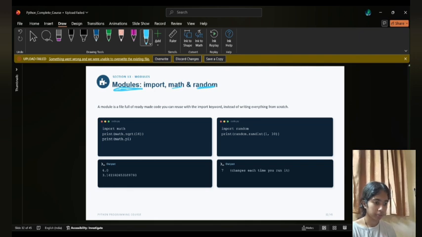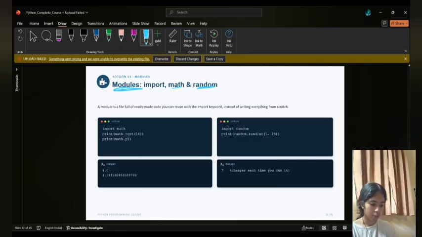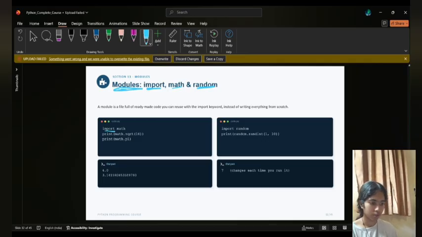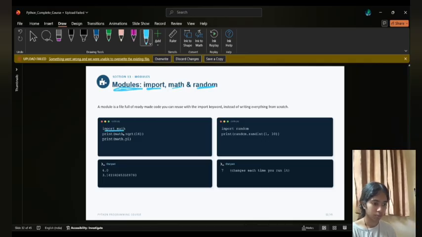Negative one, and print. fafs minus 78.9, and print. gcp 12.24. Sorry, math dot log of 100,